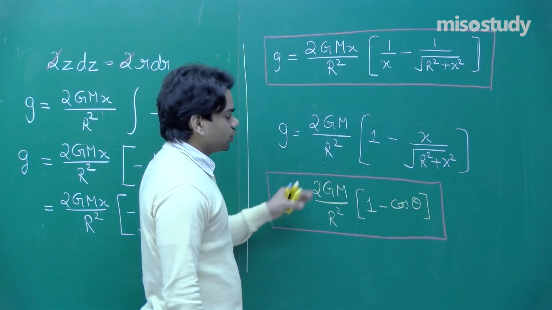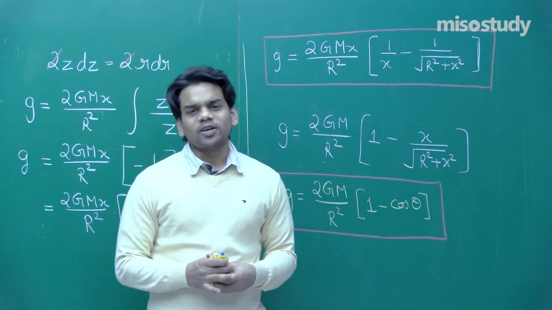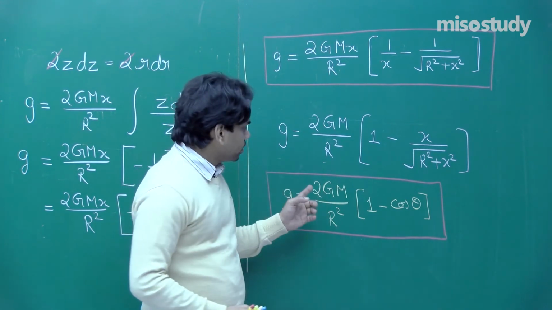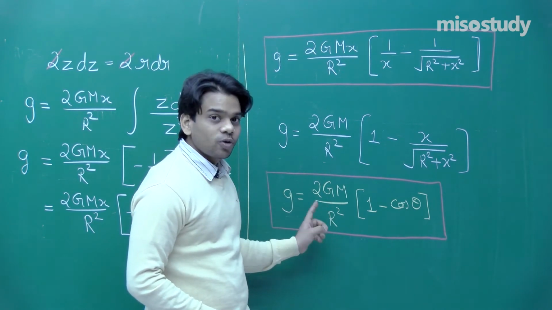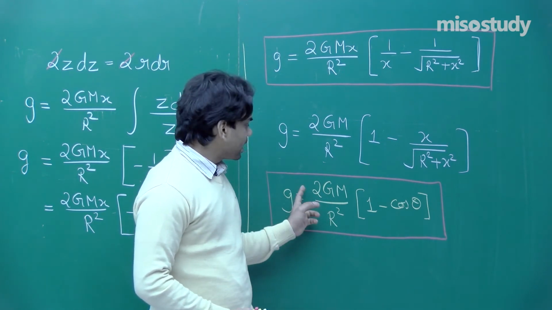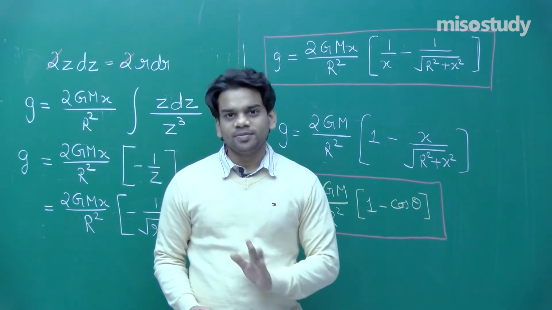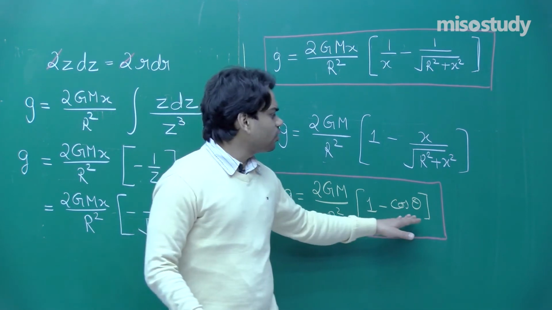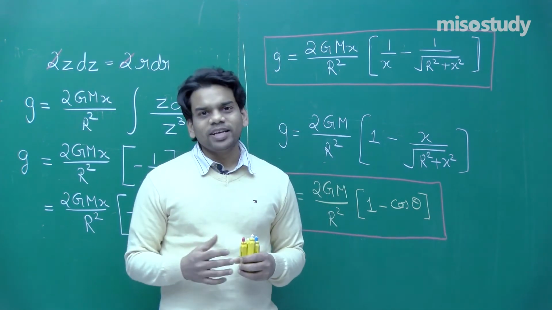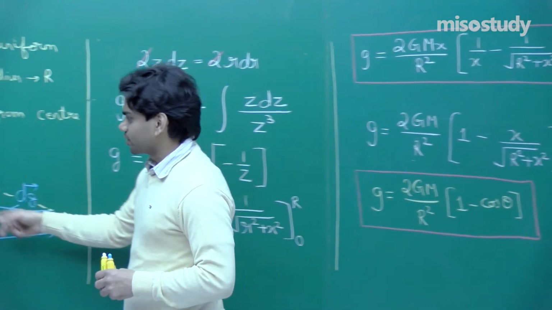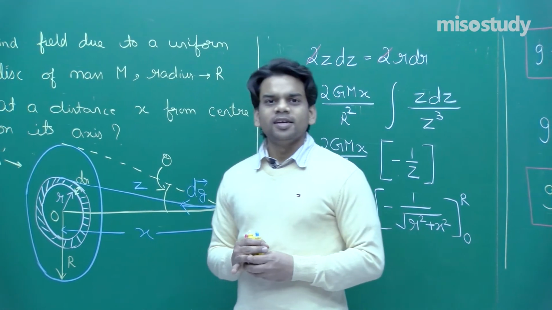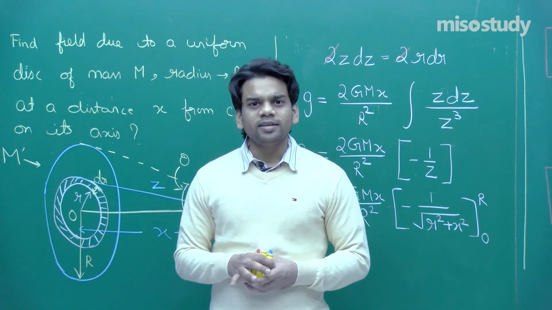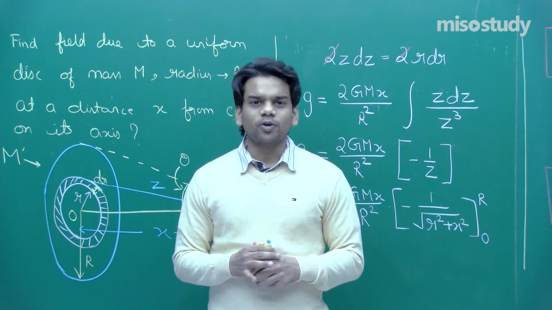In very simple words, this formula is very simple and easy for us to remember and recall. 2gm upon r square into 1 minus cos theta. How will you remember? Remember the formula for a point mass, gm by r square. Although r is the radius, try to remember in this way, and then multiply 2 here and then 1 minus cos theta. Cos theta, easily you can show that it is x upon under root r square plus x square. You can substitute the value of cos theta. Theta, you can see that what we have taken theta in the diagram. This is the theta that we have taken. Seems to be a lengthier derivation, but if you practice, you will find that it's easy and simple for you to recall.